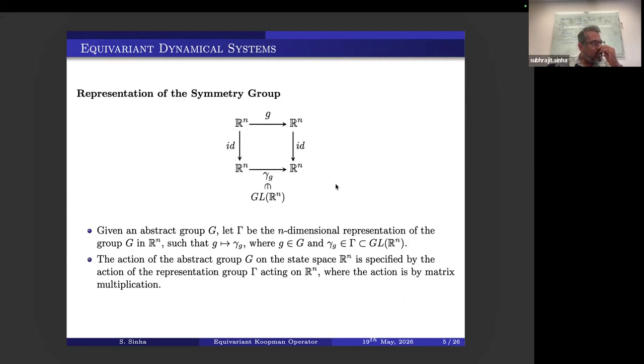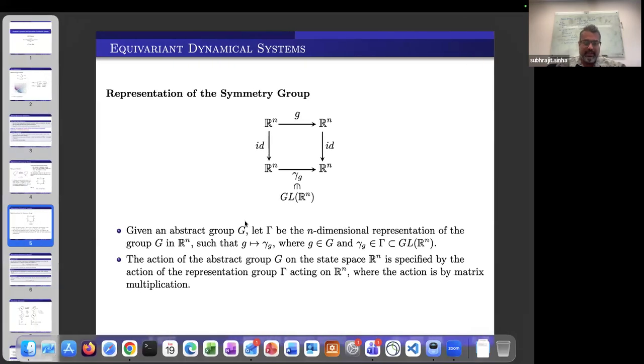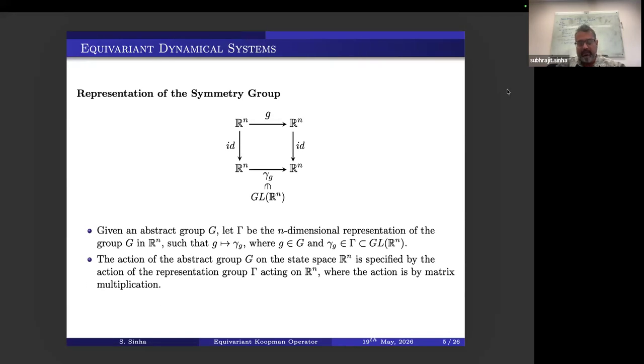So now once we have this abstract group acting on the state space, since we assume that this system is embedded in Rn, one can look at the representation of the group. So what do you mean by representation? Yes, representation has a proper meaning in mathematics, and for any group G,